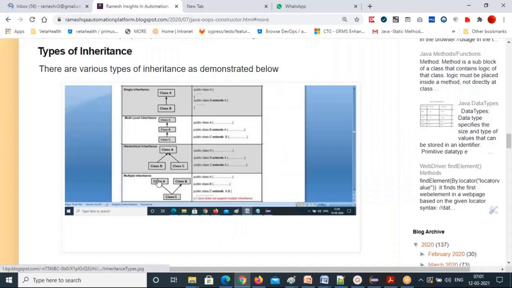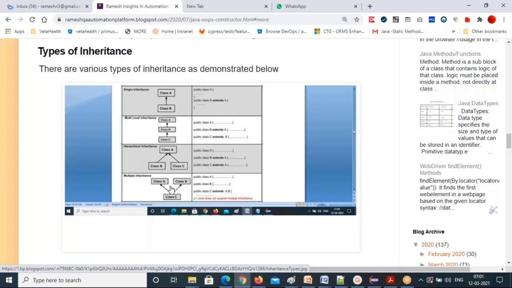Let me give you more clarity on multiple inheritance. Suppose you have three classes A, B, C. In class A, you have methods M1, M2, M3. In class B also you have M1, M2, the same method names, maybe with different logic. Now if class C extends A, B, and you call the M1 method, the compiler will get confused: should M1 be picked from A or B, since it is there in both classes?